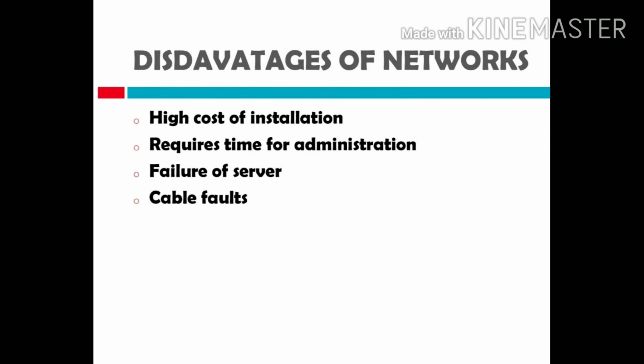If your server fails, the drawback is that all the rest of the systems also fail, also stop working. Stop working in the sense that whatever work we need to share, whatever software we need to use, it is not going to be accessible on the rest of the systems. Why? Because they are connected to your main server system, and if your main server system is not working, it's not possible to access them on the rest of the systems. So this is also one drawback, or you can say a disadvantage, of computer networks.